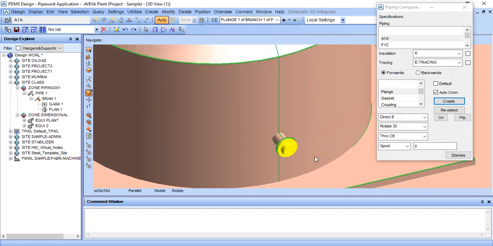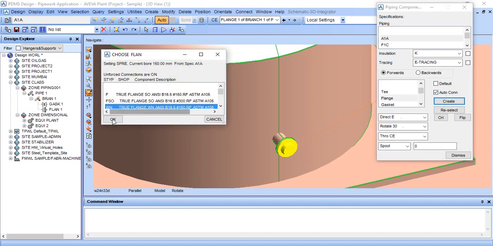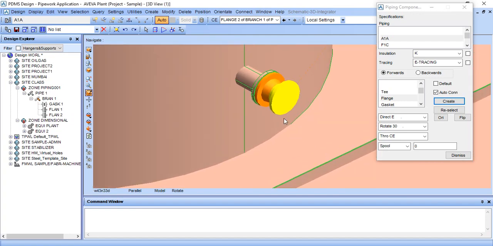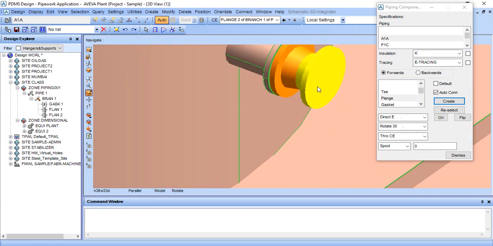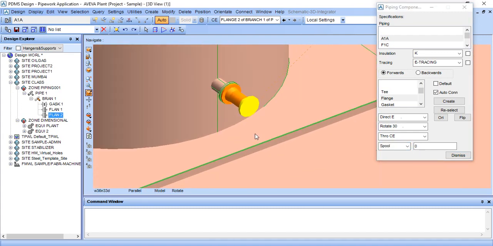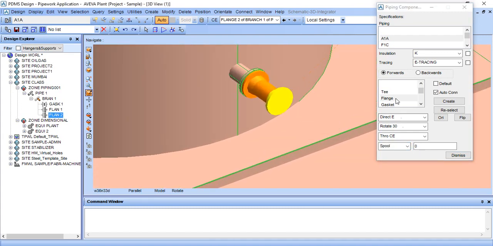I want a gate valve here, so create the first flange, weld neck flange, and then we will give a distance. We will give spool 200. Just enter 200 and enter and spool. So it is a 200 spool, and then create a gasket.